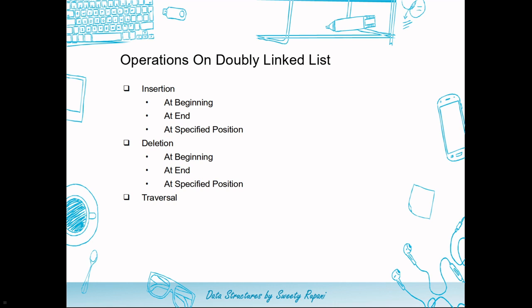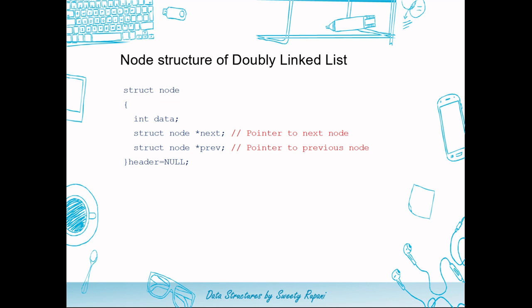The node structure in a doubly linked list will slightly vary from the one that we have studied in a singly one. That is, a node structure will have a data part like the singly one. It will have an address part which will point to the next. There we were using link or next; here we are going to use it as the next pointer. And this is an additional pointer that gets added to a doubly linked list, which is previous. Previous would point to the previous node in the list. Header would be initialized to null as usual.